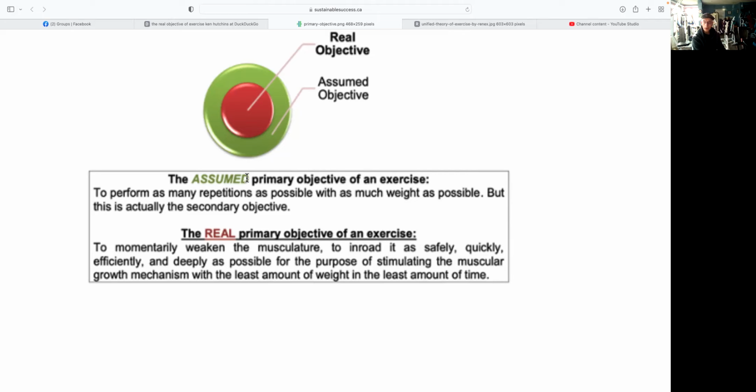The map is an indication of what's going on, but it's not the actual terrain. Yes, you are lifting or working against resistance, and eventually the goal is to get stronger, and that will result in lifting more weight and more times. But that's not the objective. That's simply what happens as a result of doing this properly.